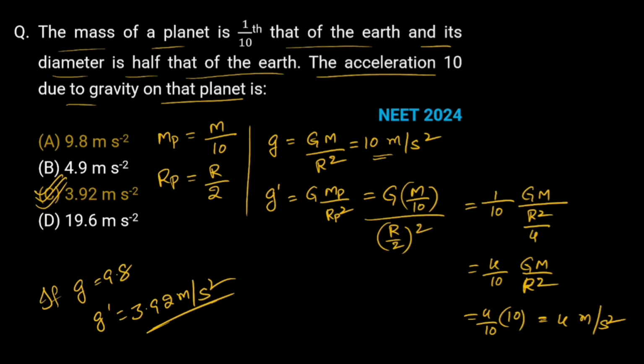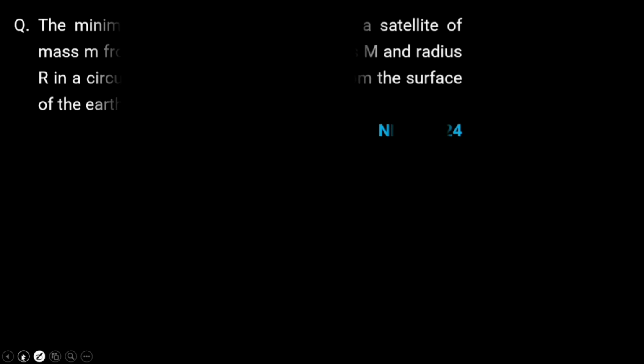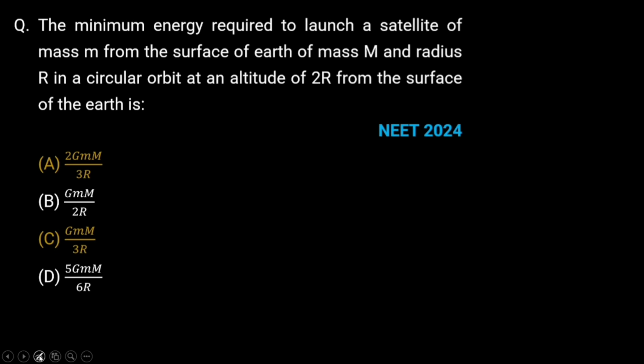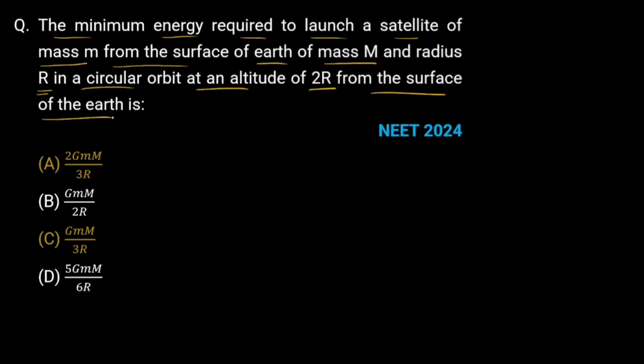Similarly, let us take another important problem. Look at the screen. It is asking like this: the minimum energy required to launch a satellite of mass m from the surface of the Earth of mass capital M and radius capital R in a circular orbit at an altitude 2R from the surface of the Earth is